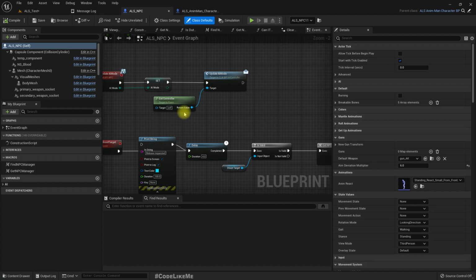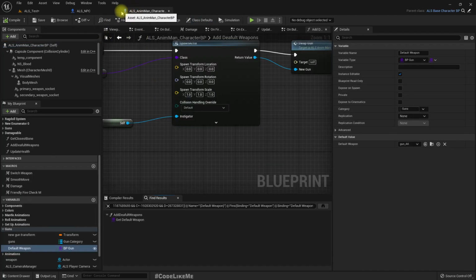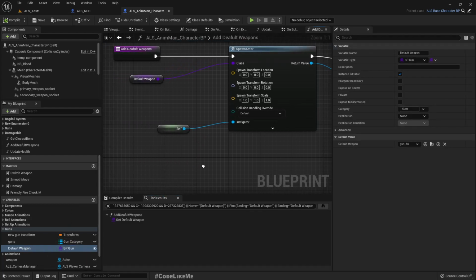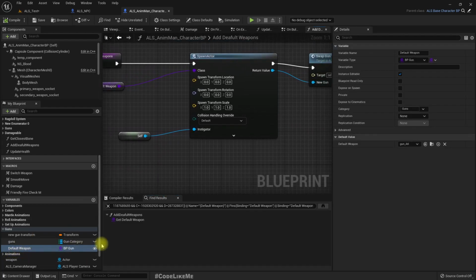So in order to allow multiple weapons as default weapons, instead of having just one weapon, I am thinking of converting this into an array. The reason I thought of converting that into an array is